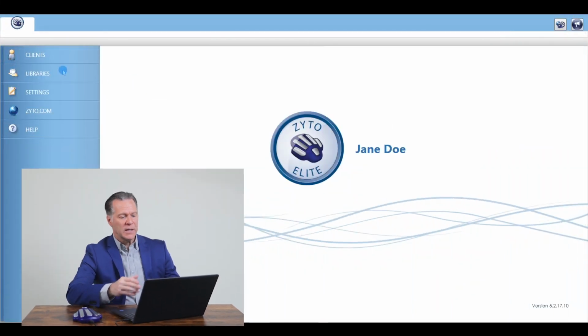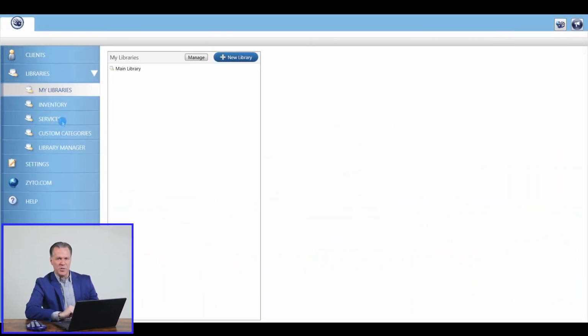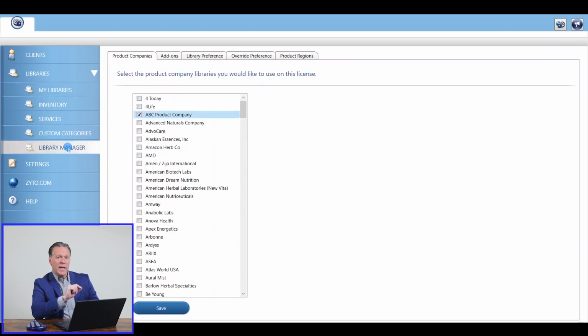The inventory feature in the ZYTO software allows you to create customized lists of products and services for scanning. This is an important feature in the ZYTO software that you'll want to make sure to set up correctly before running any scans. So, to start off, let's open the Libraries menu option, and at the bottom, we have the